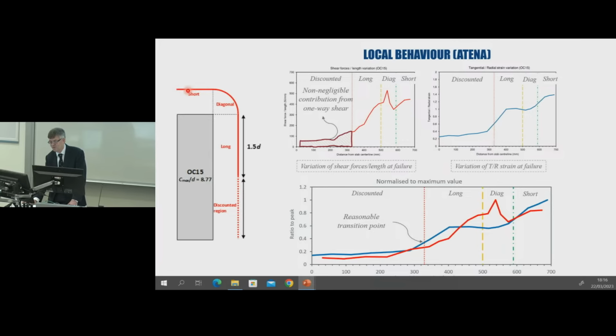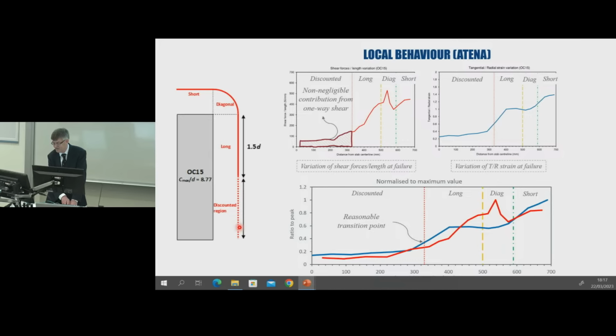To investigate the problem further, we looked at the distribution of through-thickness shear around the control perimeter. So the results are plotted here, and what we see is that the shear concentrates around the short side and the diagonal of the control perimeter. But as we move along the long side, we see that the shear force drops off significantly. Despite that, there's still a significant contribution of shear resisted along this part of the perimeter that is neglected by